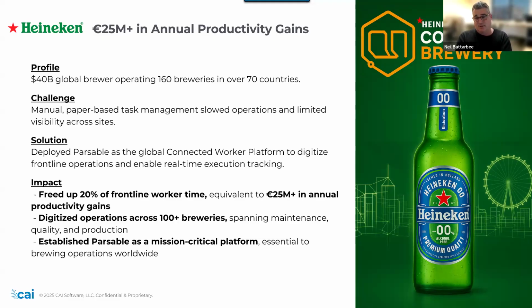So for us, we know it's essential that maintenance, quality, production, right? They're all involved in making the product, whether it's beer or tier 2 supply chain in the aerospace or automotive, right? It's still a product, and your systems that you partner with are going to be critical to your delivery. But in this case, and in most cases, you're going to be delivering savings, productivity gains. That's the eyes on the prize, right? $25 million in annual productivity savings. And there's no way they spend that much with CAI Possible.